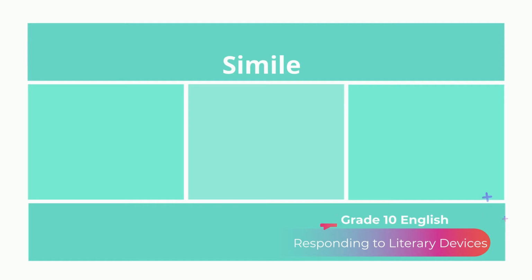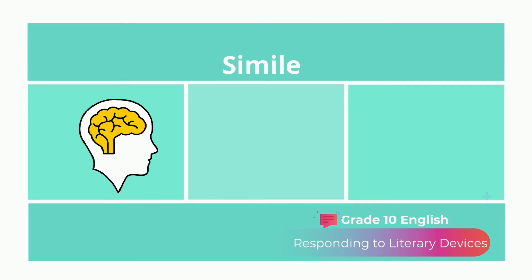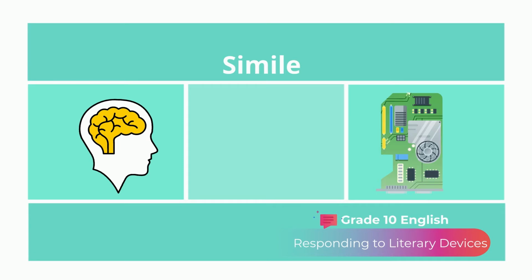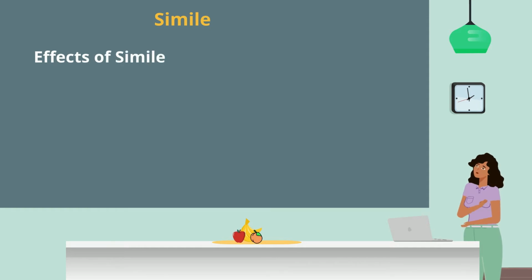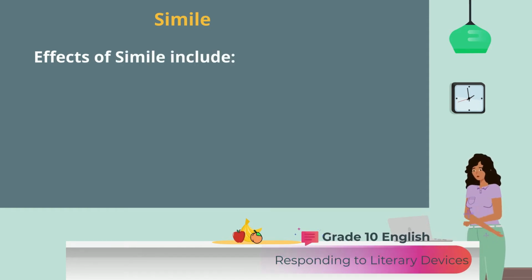The simile. A simile compares two essentially different things. The two share at least one similarity between them. The comparison is presented directly through the use of like or as. Similes contribute to the meaning and clarity of writing by helping readers or listeners to visualize the comparison in a new and vivid way. Major special effects of simile include